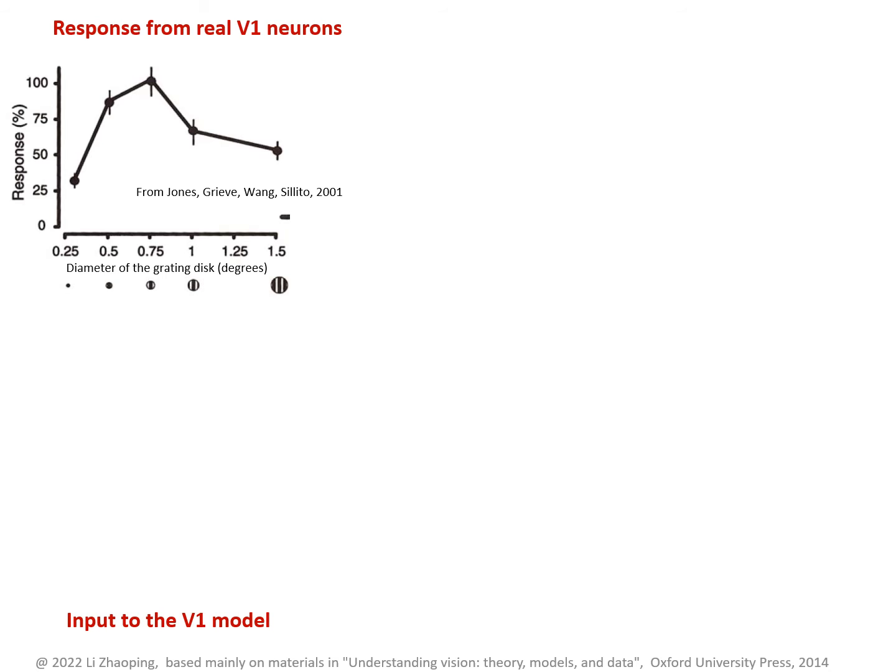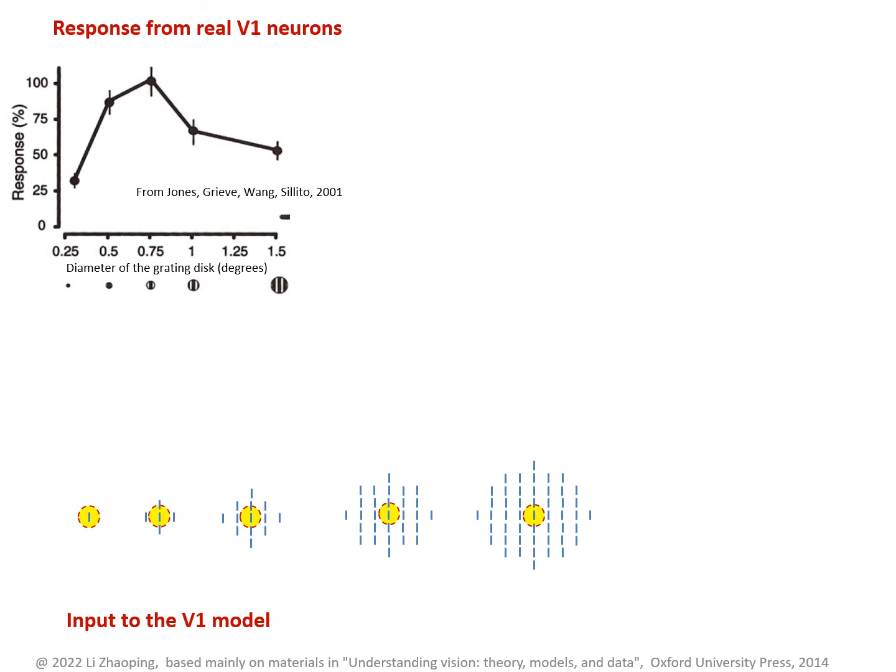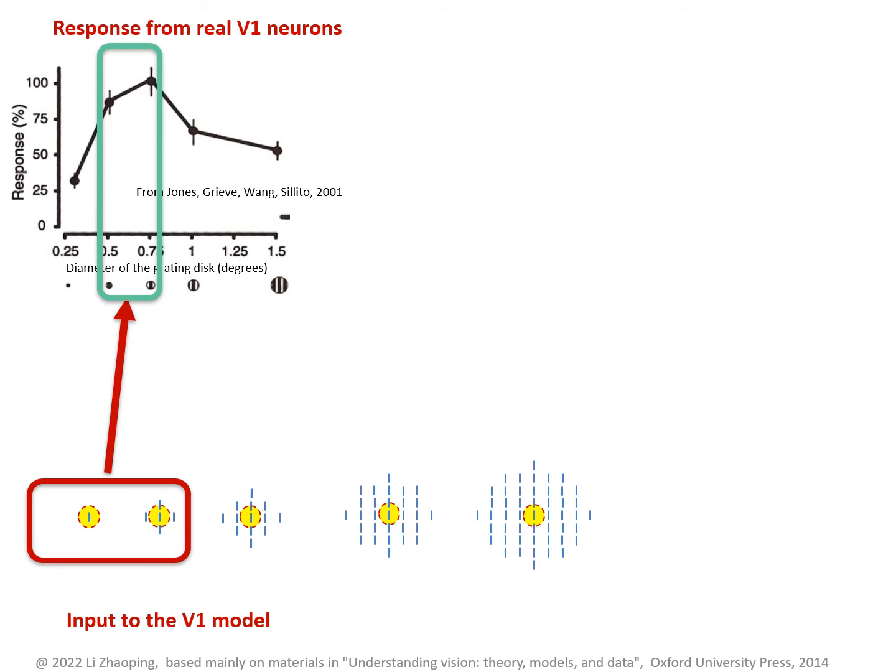Let's try to model this by our V1 neuron. The smallest input to our model neuron is a bar. We enclose it by this dashed yellow circle. It could model a small grating. A larger grating is this one. The receptive field of our neuron is at its center, and the next larger grating, the next larger one, and the next larger one. So these sizes should be the optimal sizes as they correspond to the size of the